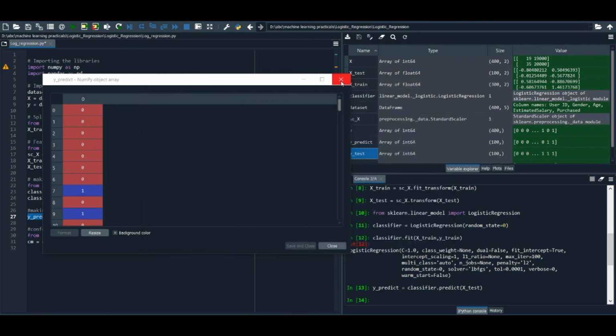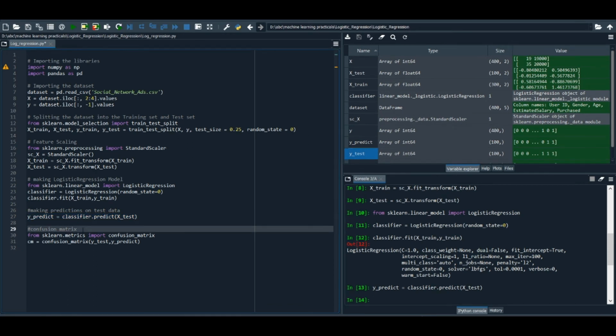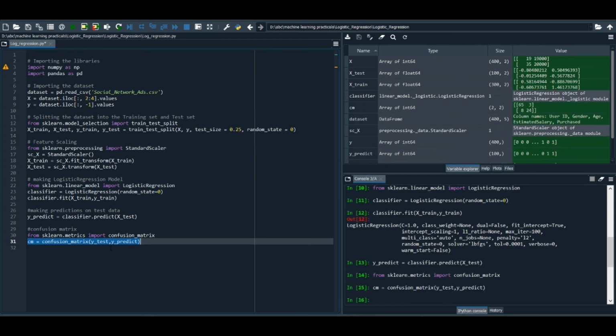So in order to check the accuracy of our model, we are going to use confusion matrix. You may not be familiar with confusion matrix, so first let's create our confusion matrix, and then we are going to see how it works and what this is all about. So first we are going to import confusion_matrix from sklearn.metrics. After that, we are going to create a confusion matrix named cm using confusion_matrix, and then we are going to pass both the values, that is the actual value of our testing set and the prediction of our testing set. So after that, it's going to make a matrix.